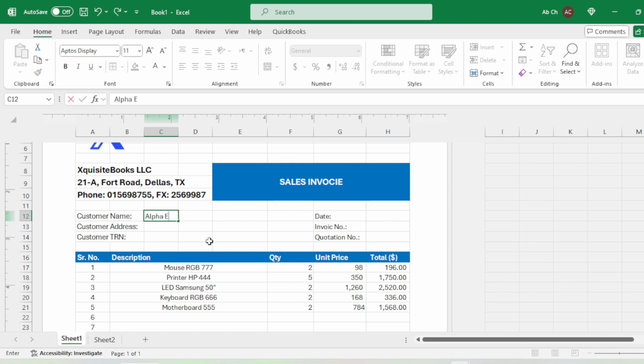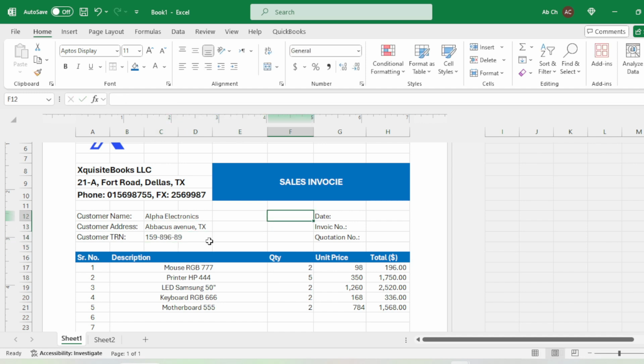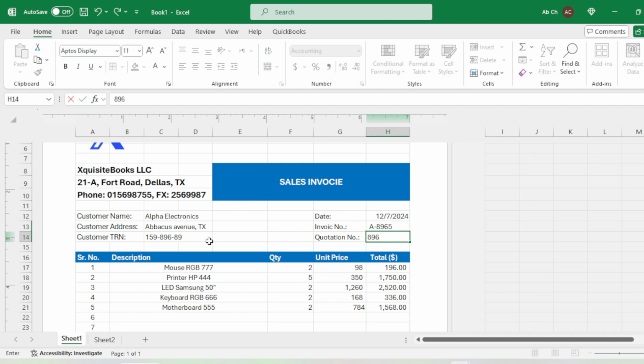Like let's say that is Alpha Electronics maybe, and the customer's address is Abacus Avenue, Texas, or whatever. And let's say the tax registration number is maybe this. The date is today. Let's say today is 12th of July 24, and the invoice number, let's say the invoice number is A8965 and the quotation number is like 89567,